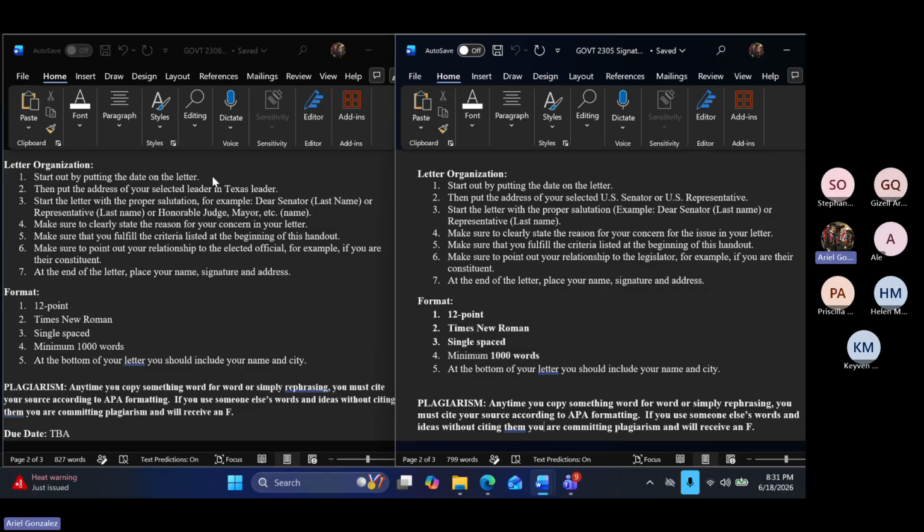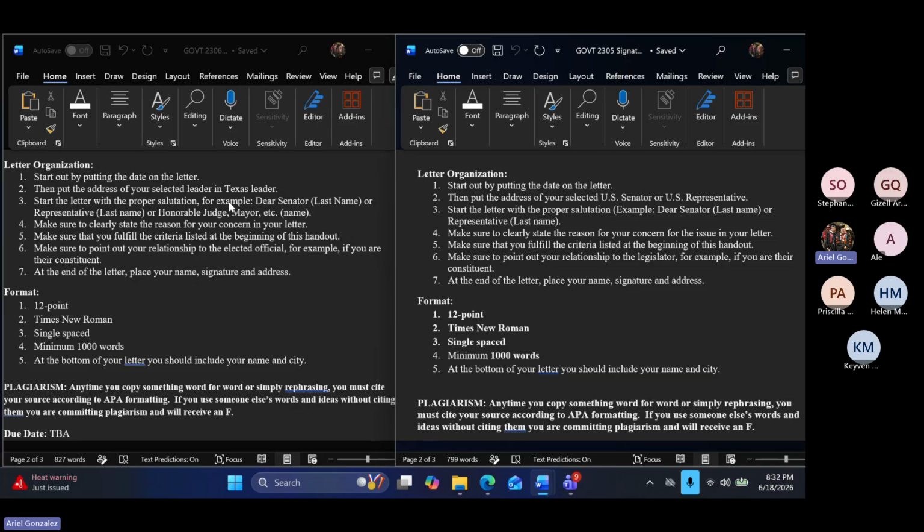Because again, you're simulating using your First Amendment right to contact an elected official. So start out by putting the date on the letter, then put the address. For 2306, it would be a state or local elected official, and for 2305, it would be a U.S. senator or U.S. representative. You can of course find their addresses on